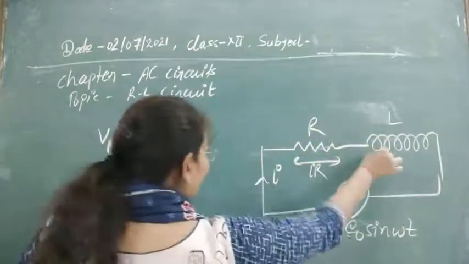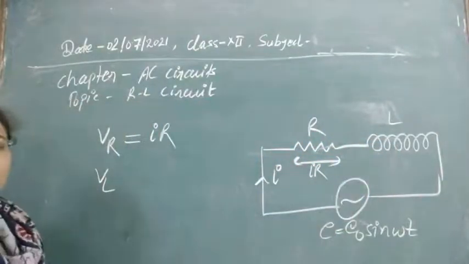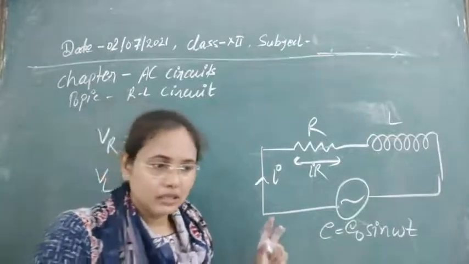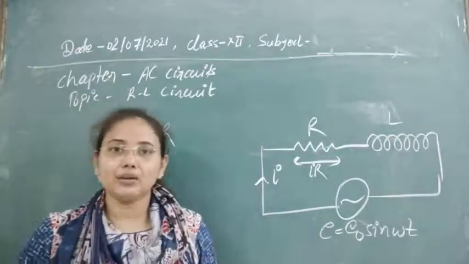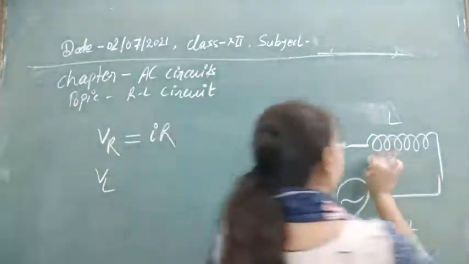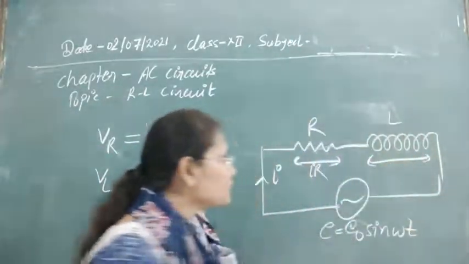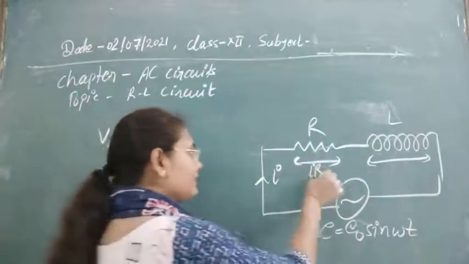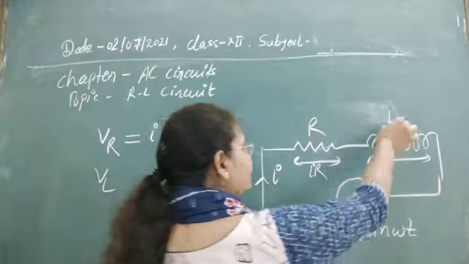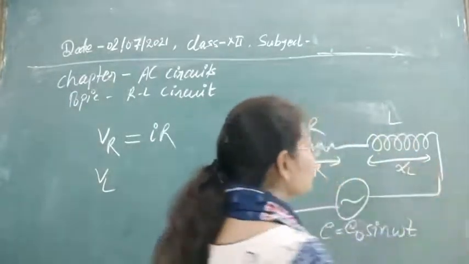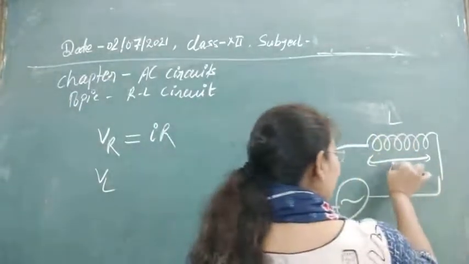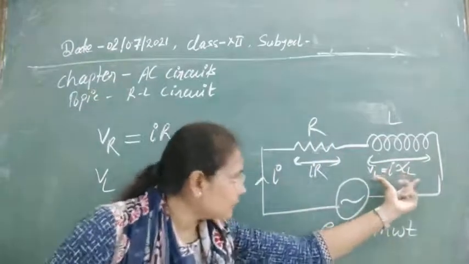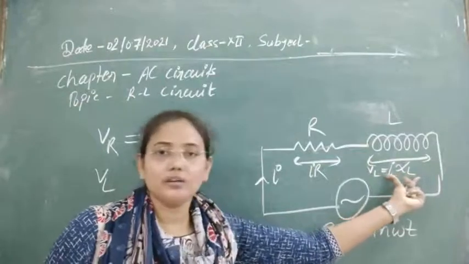For the second one, there are two methods in this case. We are not going to adopt the second method because the mathematical calculations are complex there. First, as we have already discussed the reactance for the inductive circuit, just like resistance in a resistor, we have the reactance XL in the inductor. Whenever current I flows through it, there will be a potential drop across the inductance, equal to I times XL.